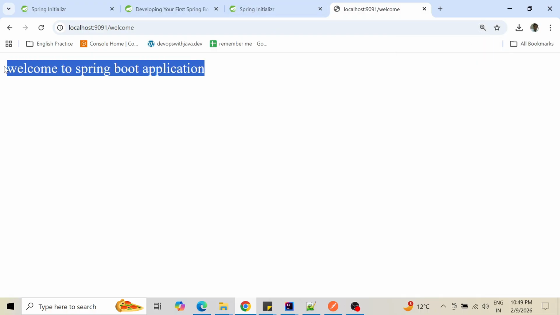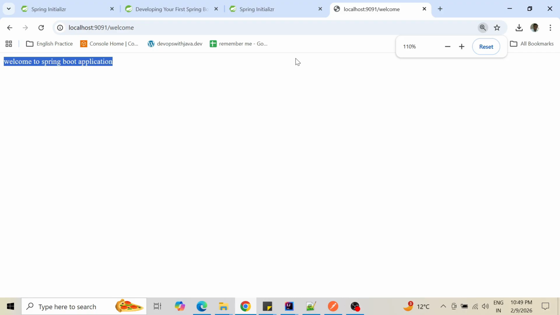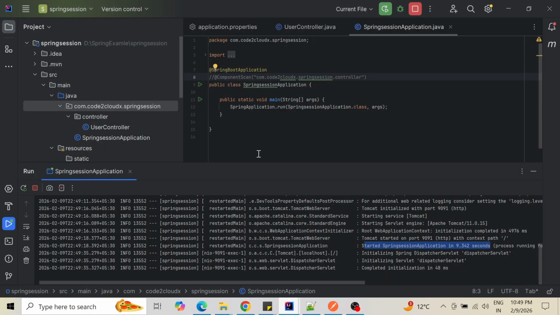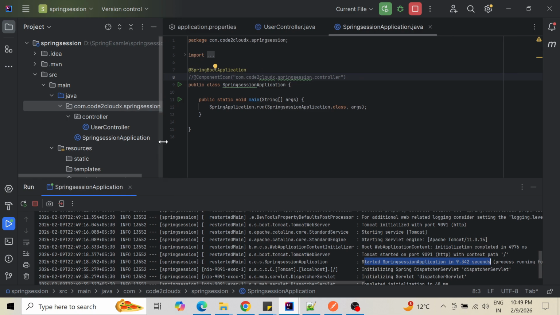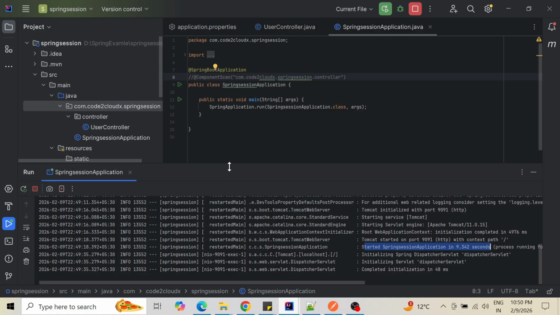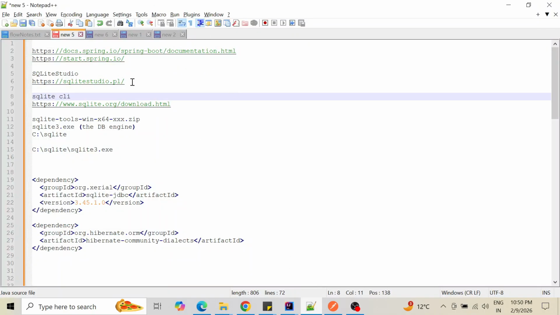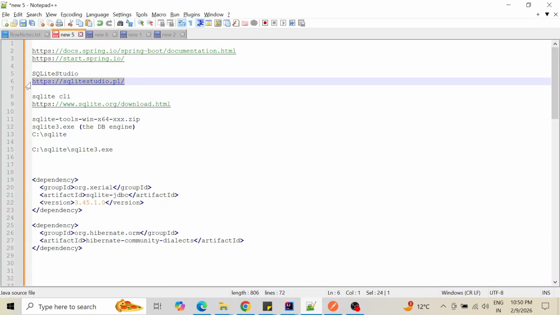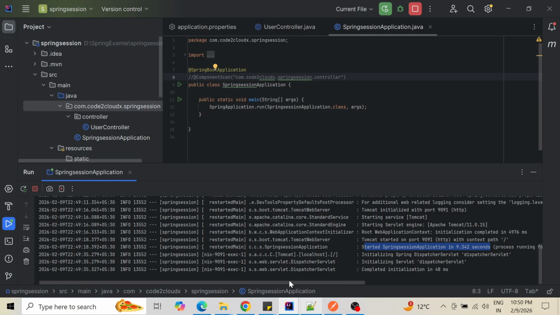I found it out. Now Spring Boot I have created, and now I have to connect with the SQLite database, what I told you. Because if I have to perform any CRUD operations and I don't want to install a heavyweight database like MySQL and Oracle, what I told you earlier, simply we will use SQLite. For SQLite we only have to install SQLite. So we have this link. You can use this link simply